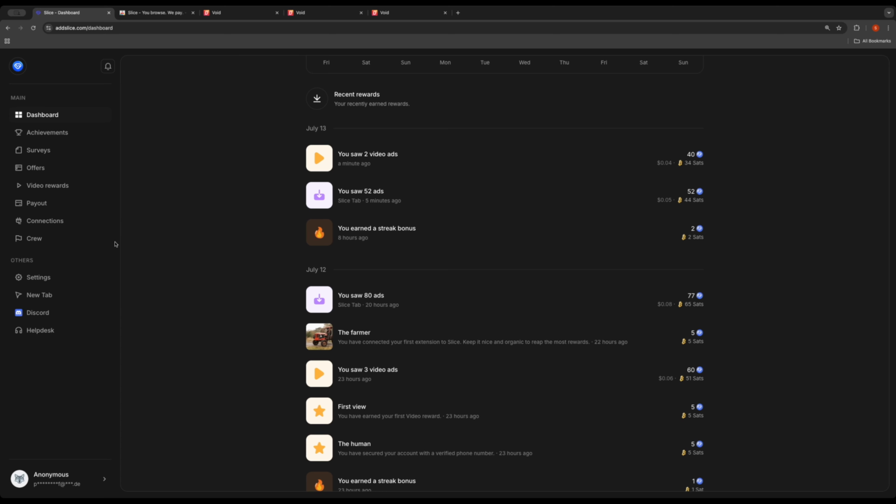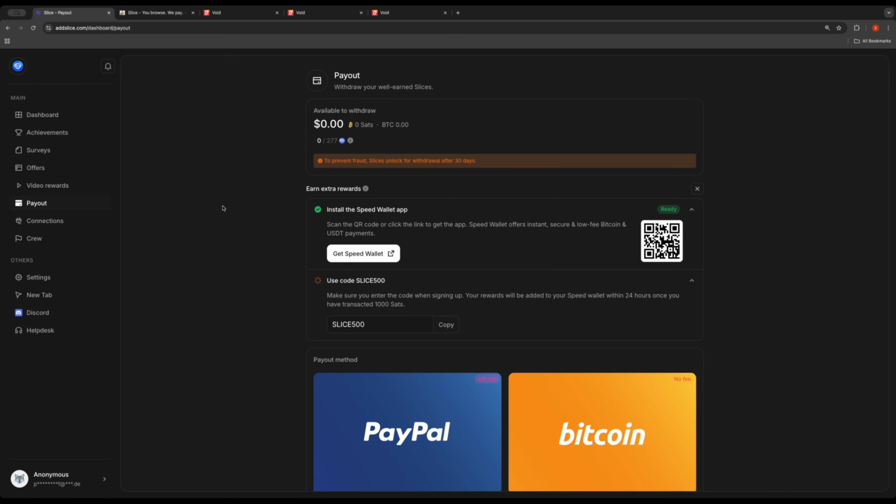One thing you need to keep in mind is the payout is restricted for the first 30 days. So the conversion will only be available 30 days later. They claim it's for fraud detection reasons, I don't know. I can't say anything to that. So I cannot tell you if they are paying, but what I can tell you is it's definitely for the Lightning Network when you want to withdraw Bitcoin, which I think makes sense regarding the little amounts that you get. But hey, if you really get 100 satoshi a day, you end up with 3,000 a month. You will not get rich, as I already said, but if you're looking for some free sats without doing much,